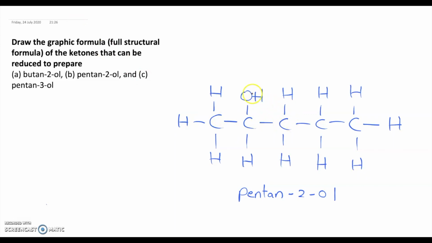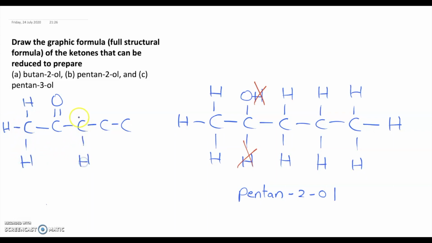So if I take away these hydrogens now, so one from the OH group and one from the carbon next to the OH group, I'm going to end up with my ketone. And my ketone has a C double bond O on carbon 2. Now this time it is important that I name it correctly and call it pentan-2-one because there is a ketone